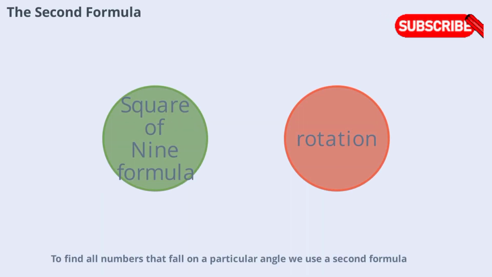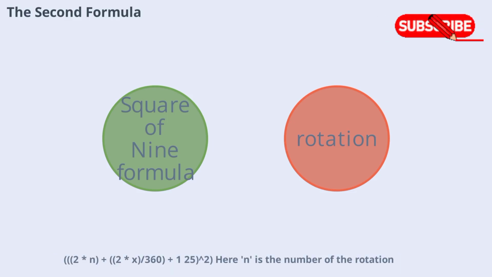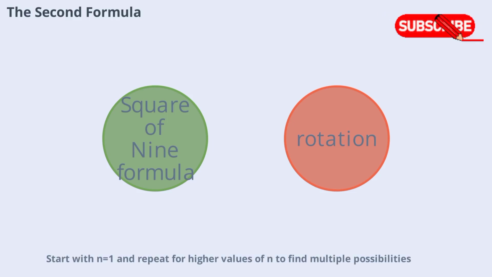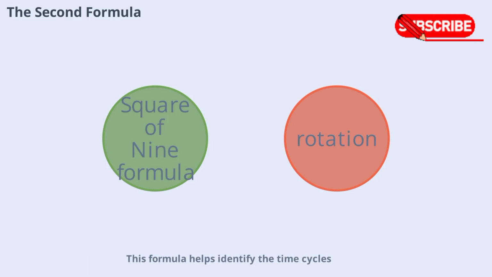We use a second formula, 2*n plus 2*x/360 plus 125 2. Here, n is the number of the rotation and x is the angle of interest. Start with n equals 1 and repeat for higher values of n to find multiple possibilities. This formula helps identify the time cycles that align with your chosen price angle, expanding your analysis beyond just one